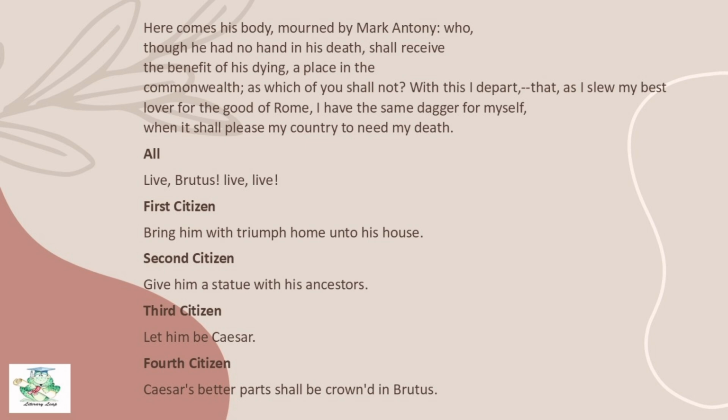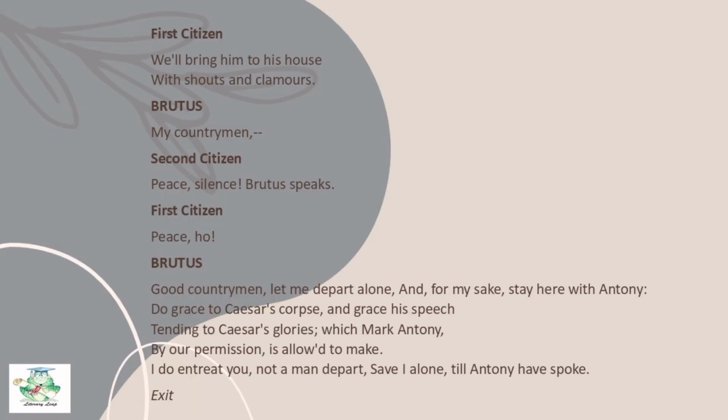Caesar over here refers to the title that is given to the emperor. Now, the fourth citizen praises Brutus, saying that the best qualities of Caesar, the qualities like Caesar's leadership quality, should now be present in Brutus. So, Caesar's better parts refers to Caesar's noble qualities, and crowned is used to symbolize the honor and recognition that Brutus should receive. And the first citizen again expresses his desire to celebrate Brutus and bring him to his house